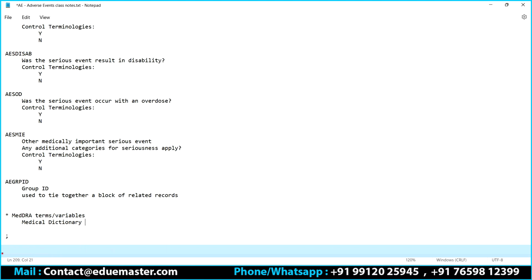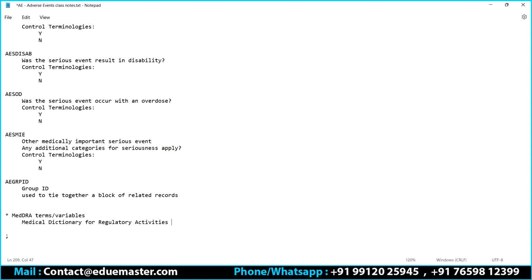It's a 5-level hierarchy. It is going to be the Medical Dictionary for Regulatory Activities, because we need to regulate the